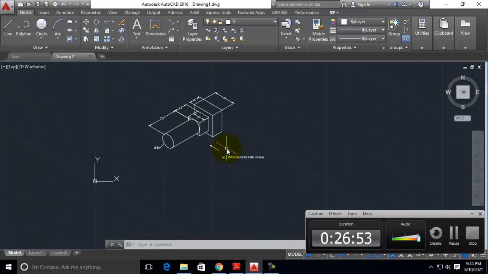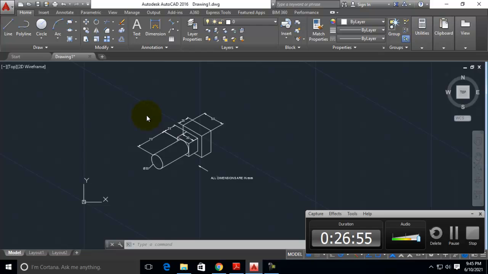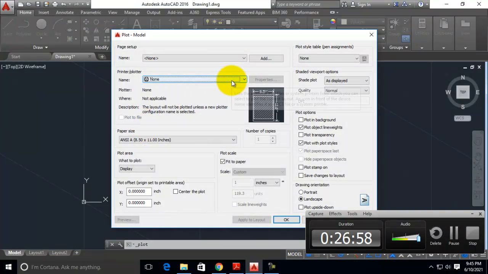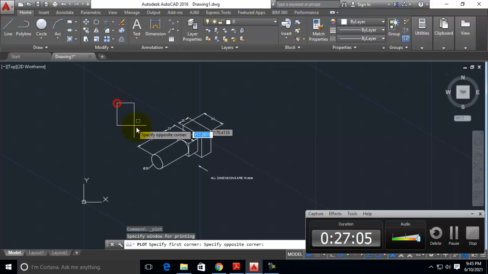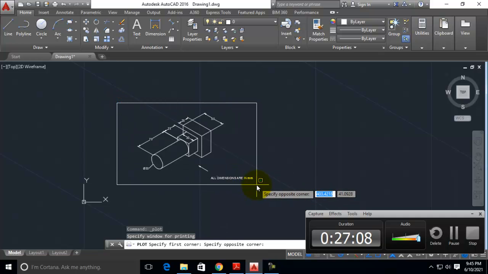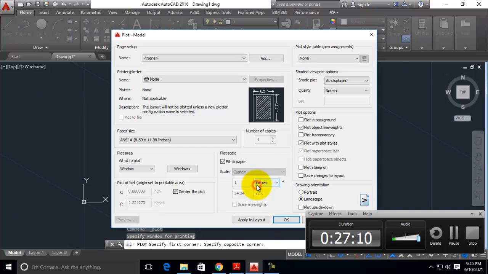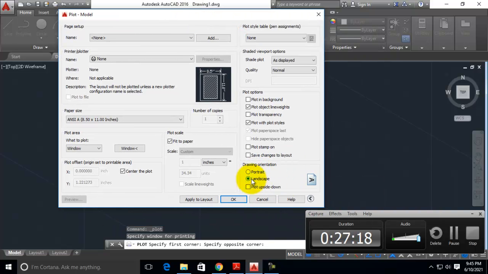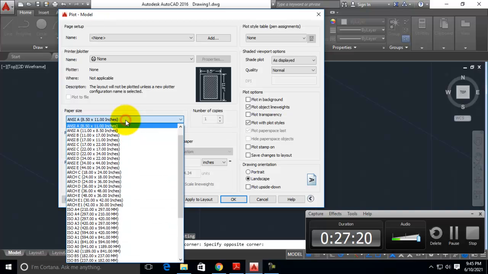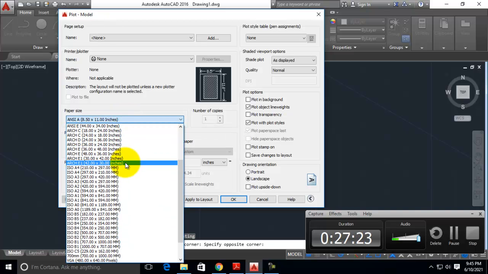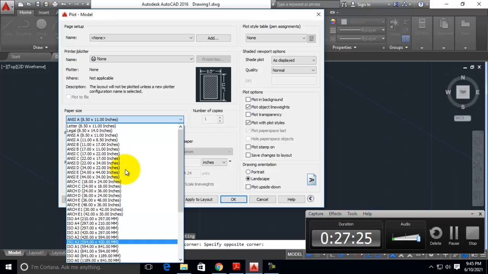Now you can use Control P. Center the plot, display window method, select one box such that everything comes within it, center the plot. Landscape only, or you can use portrait mode. Landscape is better. Size of paper A4 will be better, or ANSI A is also okay, no problem.